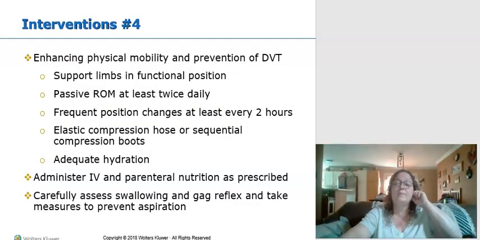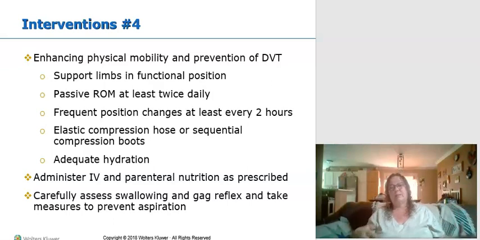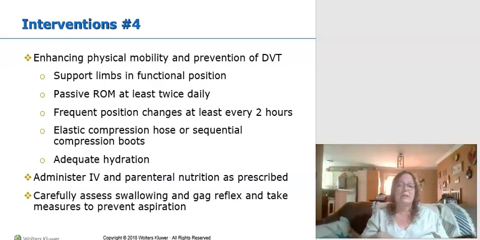To enhance physical mobility and prevent DVT, we want to keep them mobilizing as long as they can mobilize. The measures that we use, standard measures, whether that be SCDs, heparin or low molecular weight heparin for DVT prophylaxis, supporting limbs in the functional position, passive range of motion at least twice a day, frequent position changes at least every 2 hours to keep the skin intact,